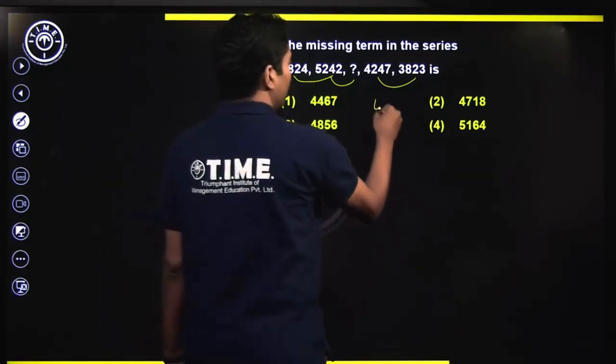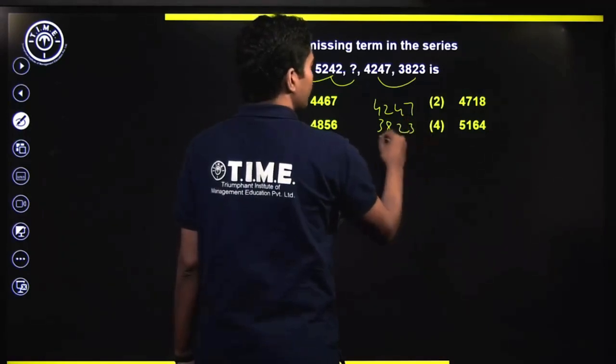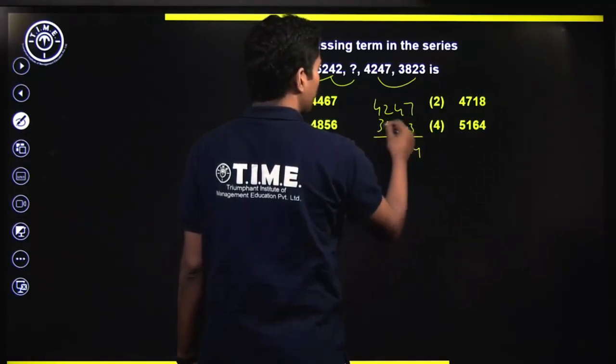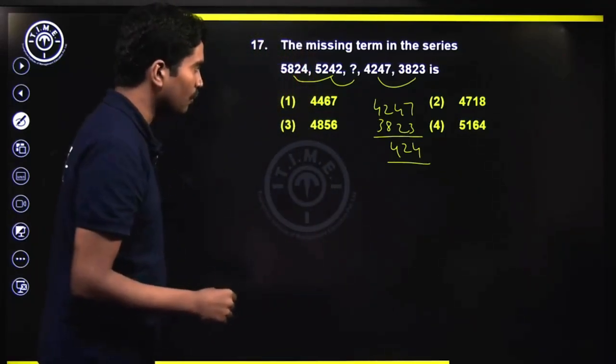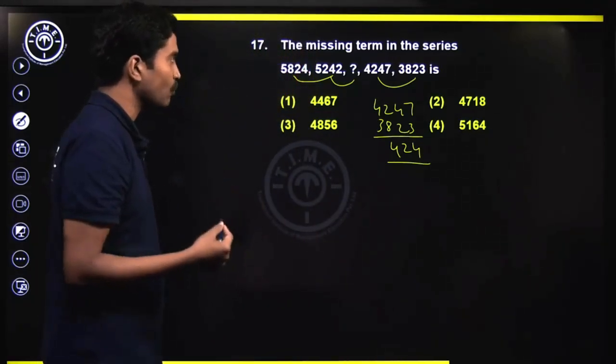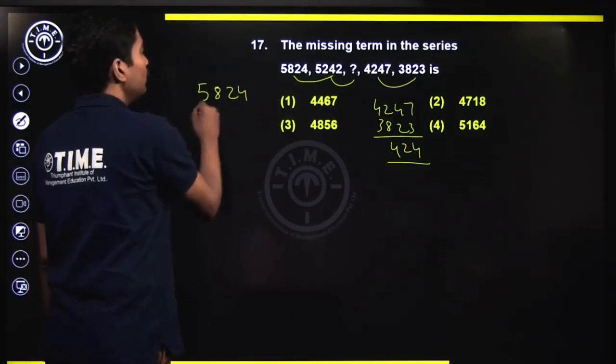All right. What's the difference between 4247 and 3823? 47 minus 23 is 24. 42 minus 38 is 4. We're subtracting 424. Okay, 4247 minus 424. Okay, let's understand what happened here then. 5824 minus